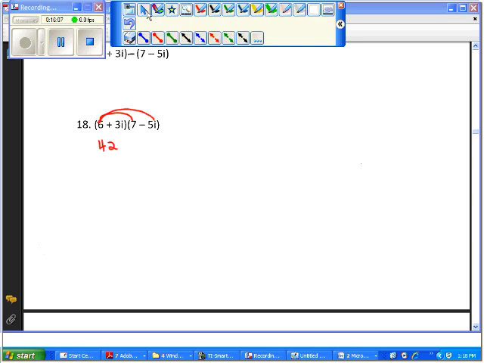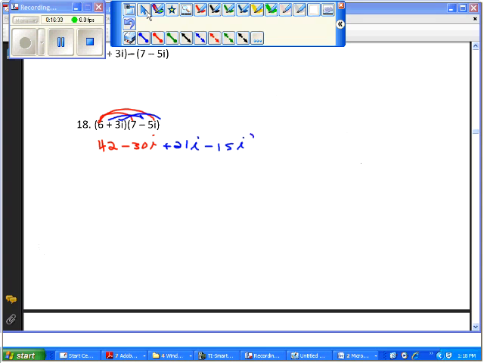The first here times the second there, which is actually your outers, negative 30i. Then the second one here times the first one, which is really your inners, 3i times 7 is 21i. And then the second one times the second one is minus 15i